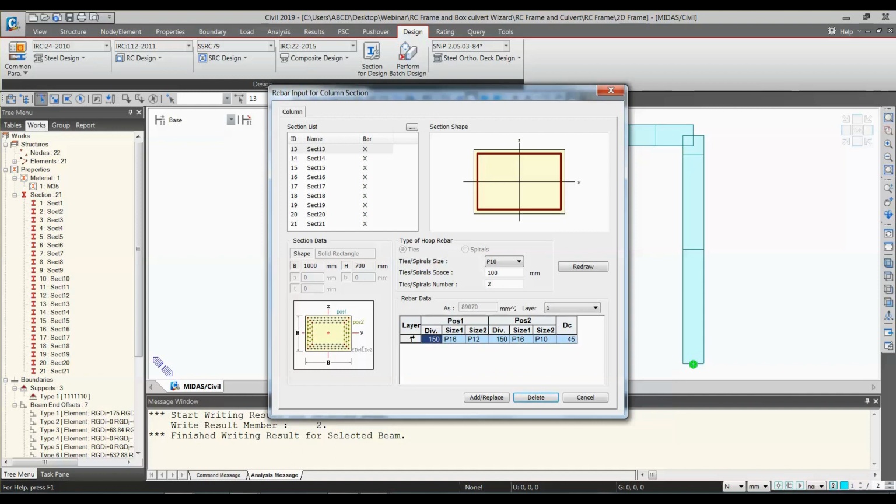Okay, sorry, this is not spacing, this is division. So I'll make it 6.